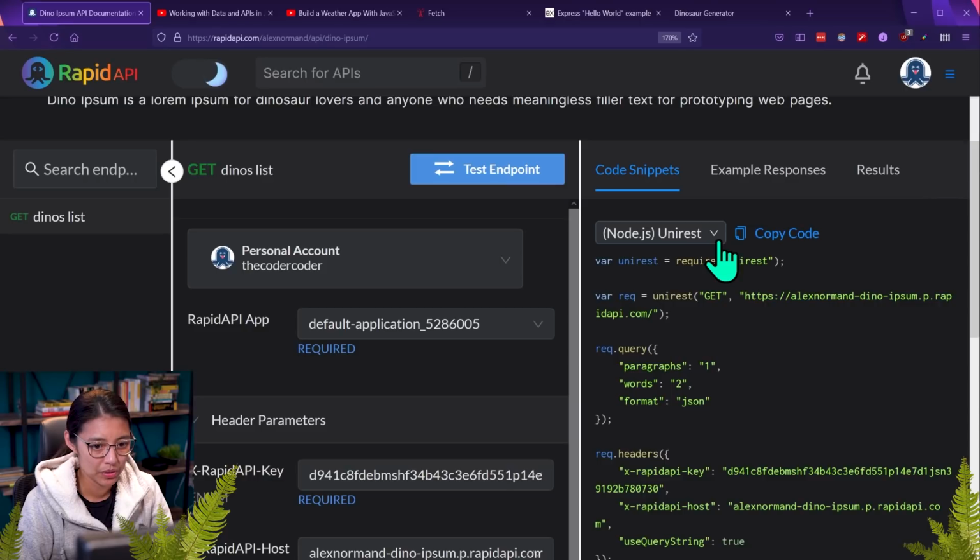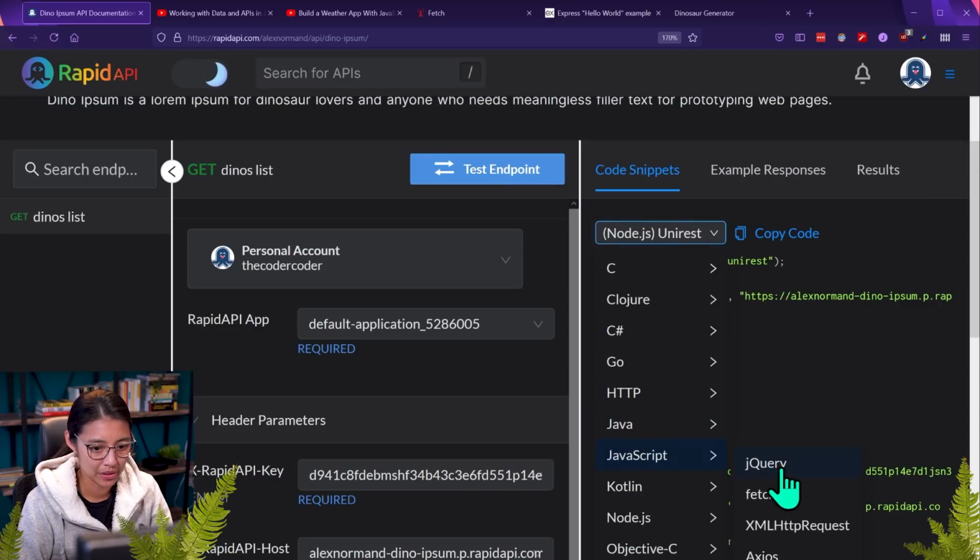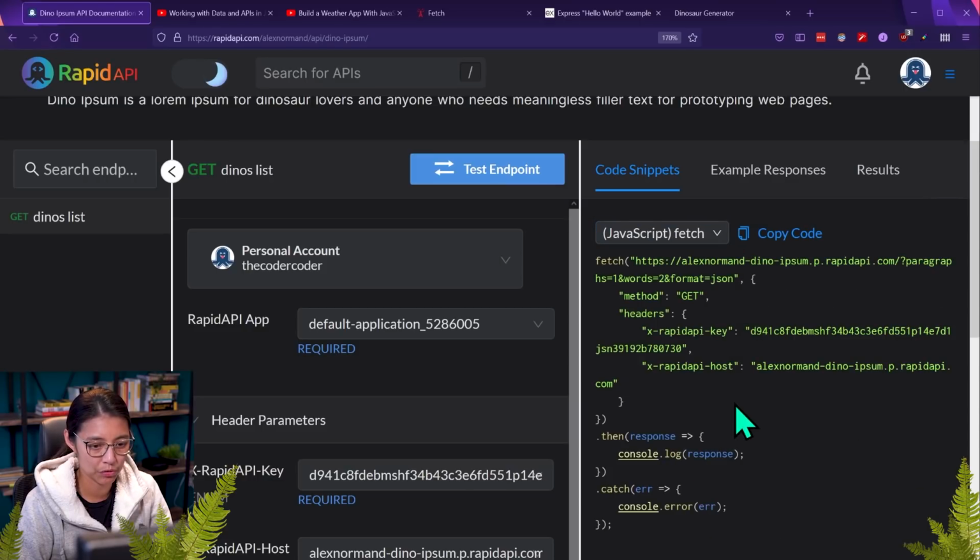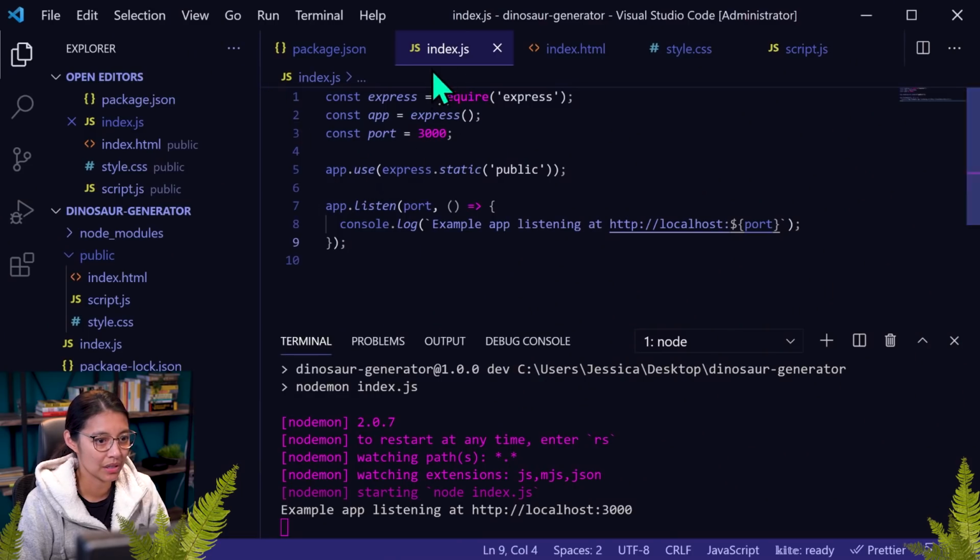So what we're going to do is we are going to copy the code from Rapid API. We're going to use the fetch function. So I'm just going to leave this here and we're going to go back to our code. So what we need to do right now is create a route in Express. So in our index.js file, which is the server JavaScript, we want to create a route, which is, I don't know if I understand it fully, but it's almost like